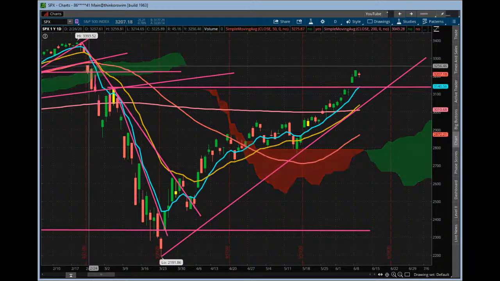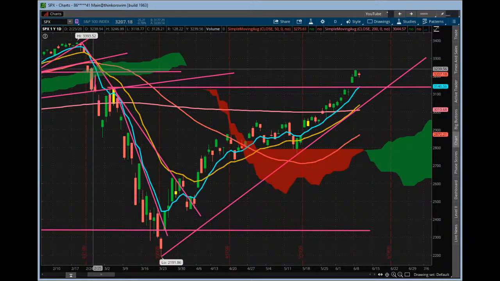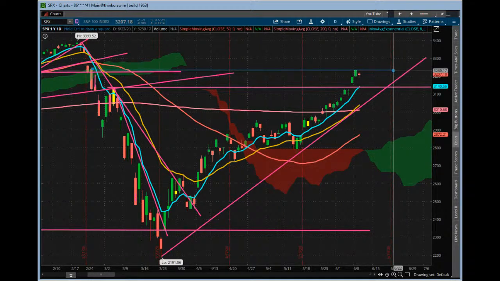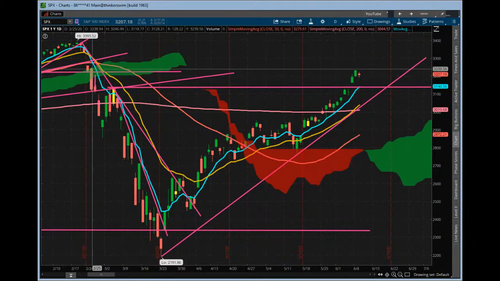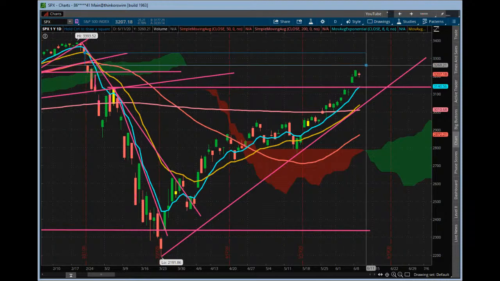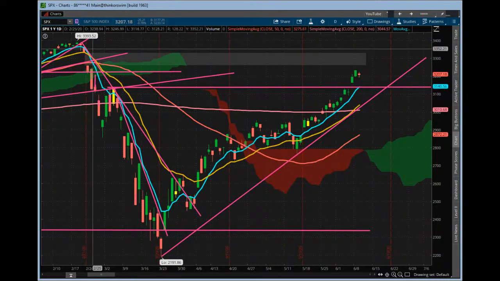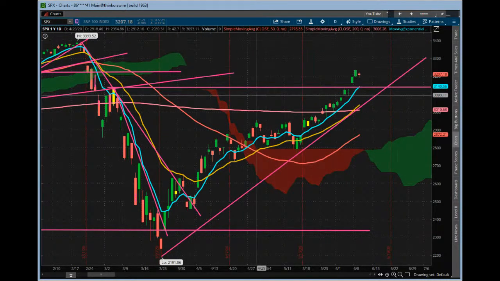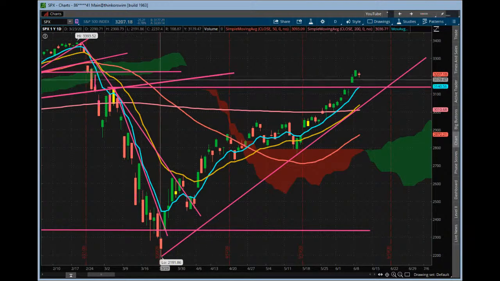So we're getting into a potential gap resistance. We're in a major drop zone right here. So I'm not surprised to see a little bit of a pullback off of that, some selling pressure in that area. But that open gap there is going to be a huge target to get filled, and then from there we're just spitting distance away from all-time highs, right? The Nasdaq actually hit all-time highs today.